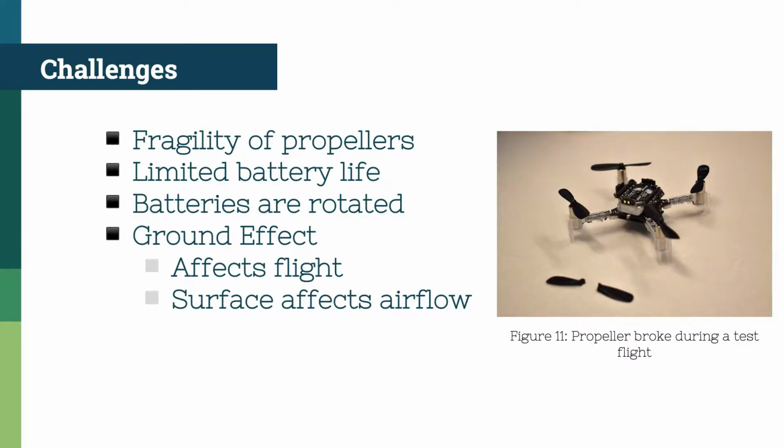So these are some of the challenges that we faced over the course of the project, and the first three were inherent to how the drone's constructed. The first one was the fragility of the propellers, and this was because the drone is of a small scale, so its propellers are made out of thin ABS plastic, and this wasn't much of an issue at the beginning